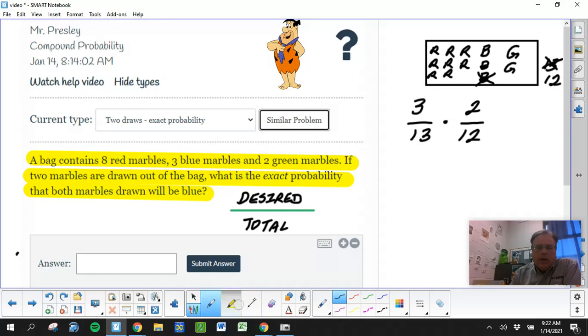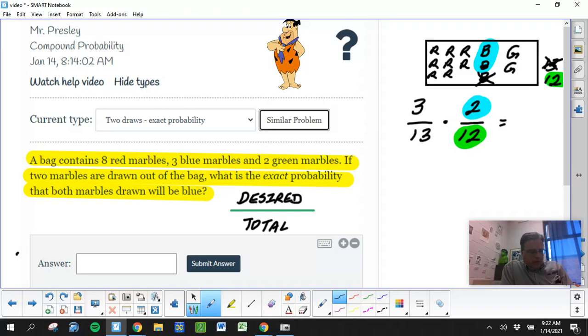So let's highlight a little bit here so you can see what I'm talking about. Here's the 2 blue. See, that's the 2. And the total has changed to 12. Okay, and then I would multiply this across. Now, we could sit here and talk about reducing and so forth, but if you'll type in, you can find plenty of calculators that will reduce fractions for you and multiply fractions for you online. You can also just use a basic calculator like we do in class,